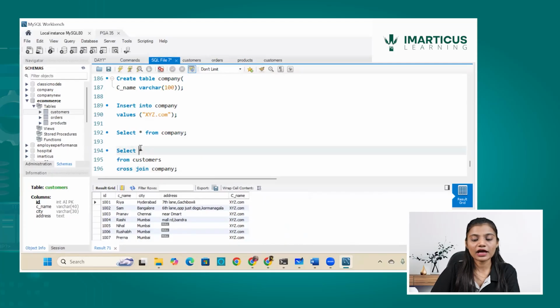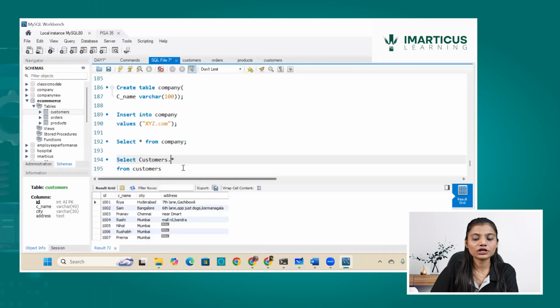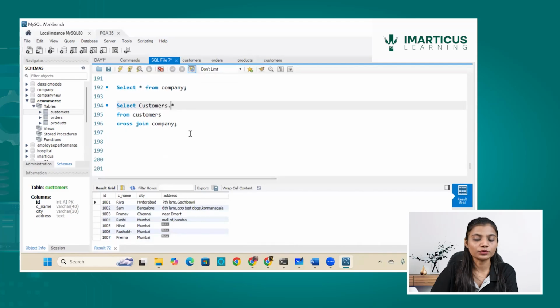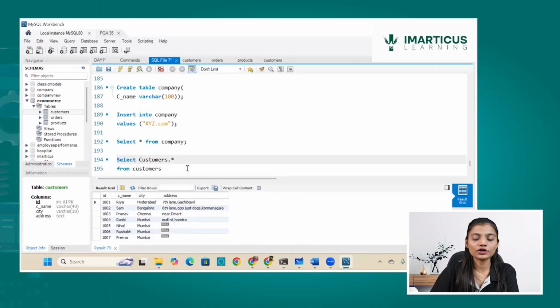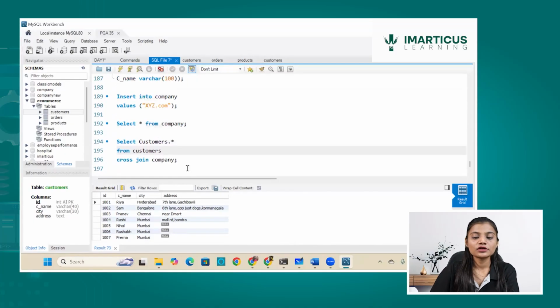Now, if I say that I want all the details from the customers table, how will I do it? customers.star. So all the data from the customers table would be gathered over here. So only customers related data you can see in those queries. So this is how cross join is working.